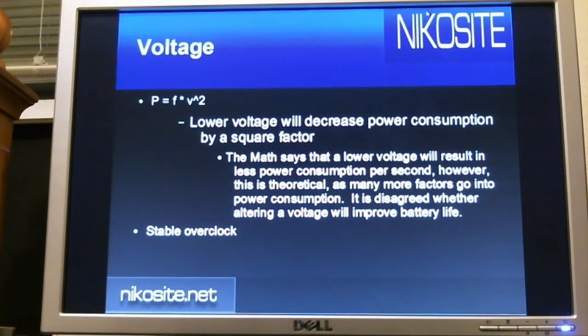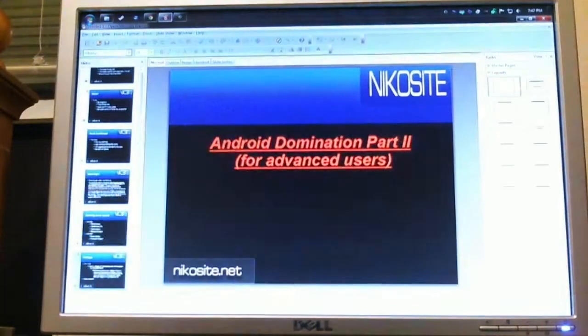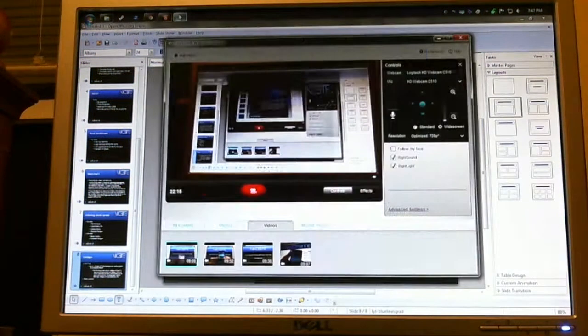One thing that you should note about voltage is that the proper way to overclock a phone, or a computer for that matter, is to first of all increase the frequency and stress test. And by stress test, I mean run either the most brutal game you can find or the heaviest benchmark you can find, and that'll show you whether your phone is